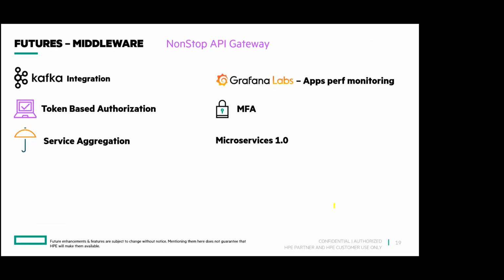Okay, and futures middleware, the other products in middleware, I mean, and I'll take, as usual, the Nonstop API Gateway first. So we are working on these features. We are going to integrate with the Kafka bus, and people have asked about it. In fact, CMS people also have been asking about it from us. So Kafka integration is in our works. It's being done now. And then the security domain, we are going to improve the security by supporting multi-factor authentication, MFA, and also HTTP token-based authorization, right?